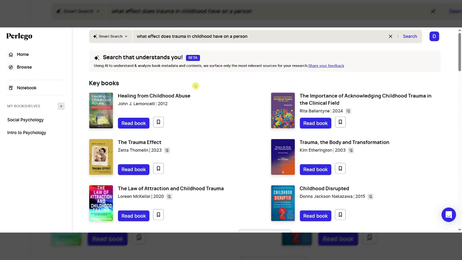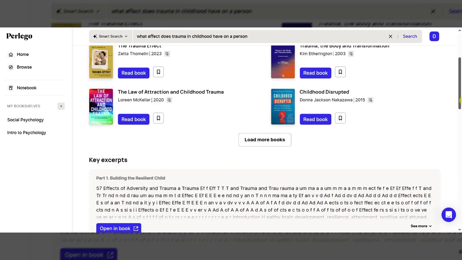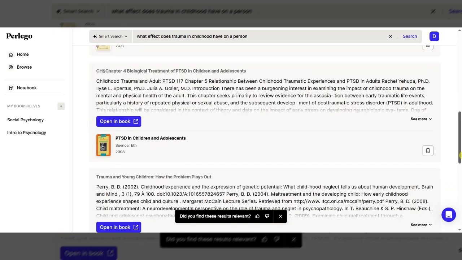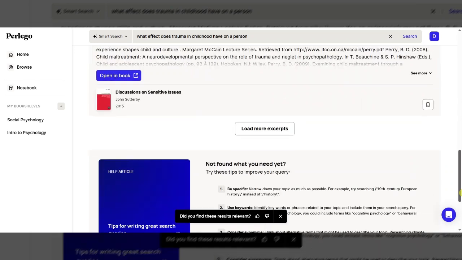And you can see here it's given books based on that. And just from first glance, they do seem quite relevant. So they're obviously books on trauma, childhood trauma. And it even picks out some of the most relevant excerpts, I suppose, there.